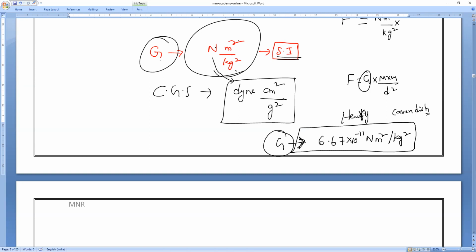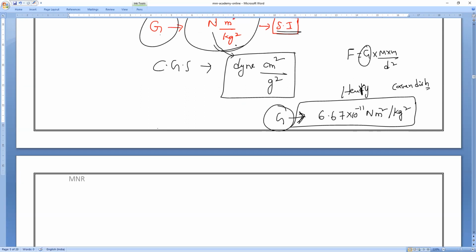Please make a note of it. Any doubt, you can ask. Newton's law of gravitation, capital G, the universal gravitational constant. What is G? G means, all of you, the force of gravitation between how many